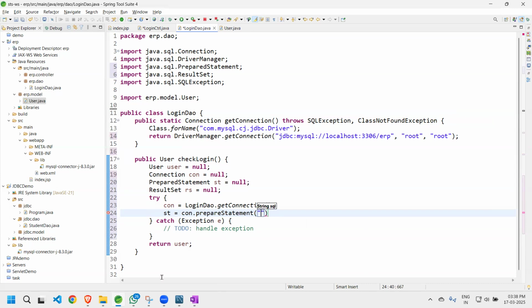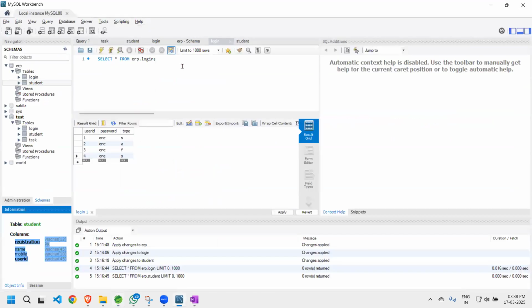So let us check what will be our SQL query. So select, I can say I'm going to join the tables. So s dot